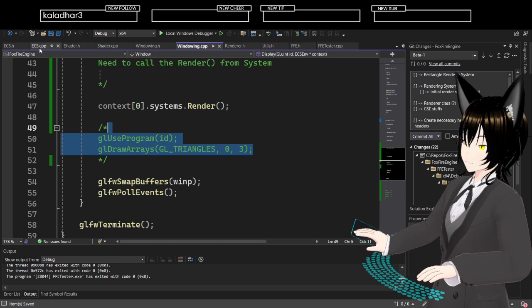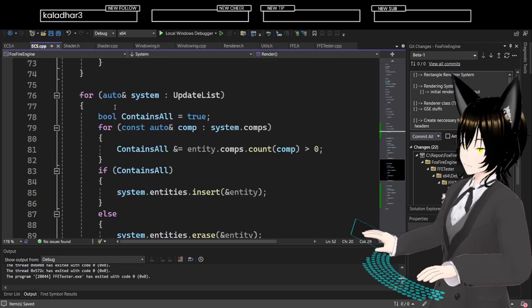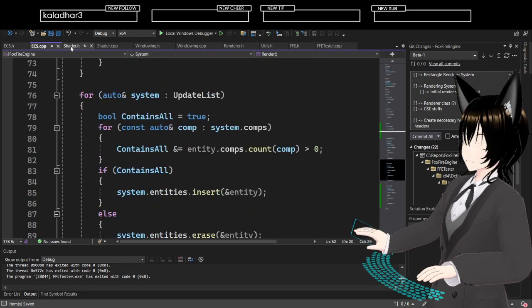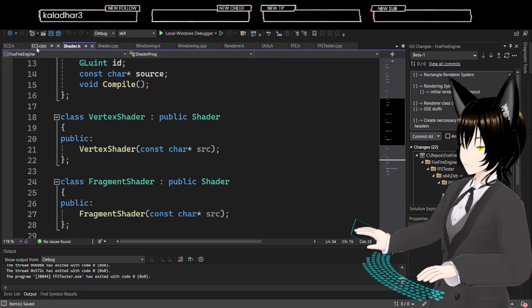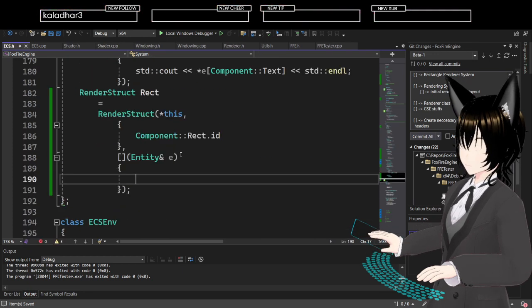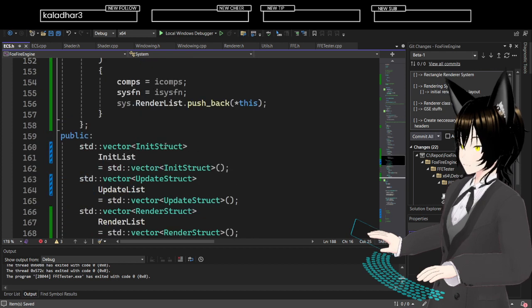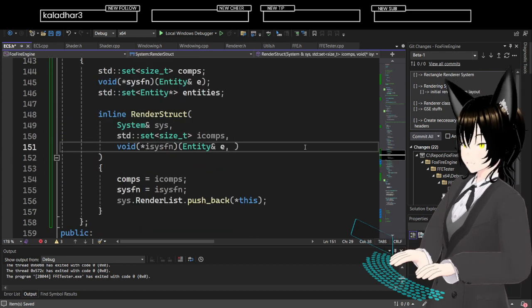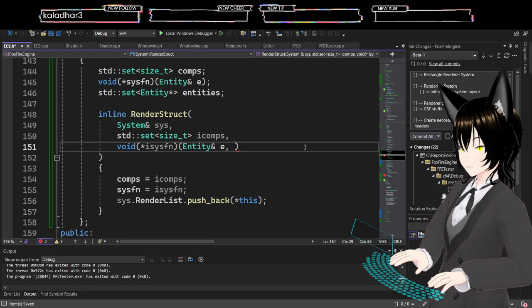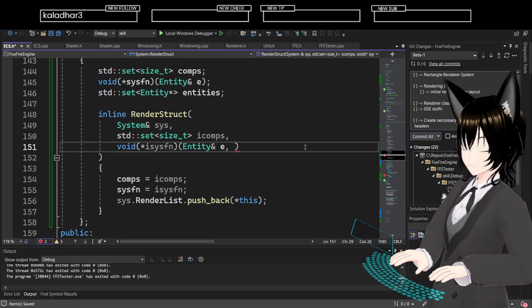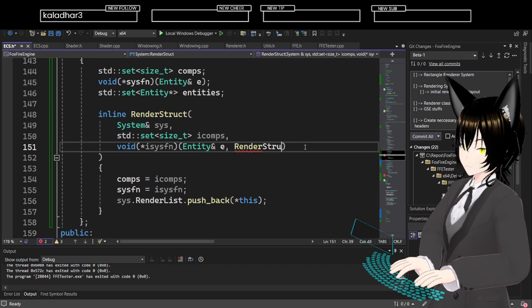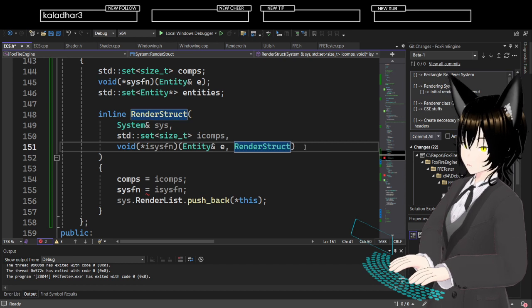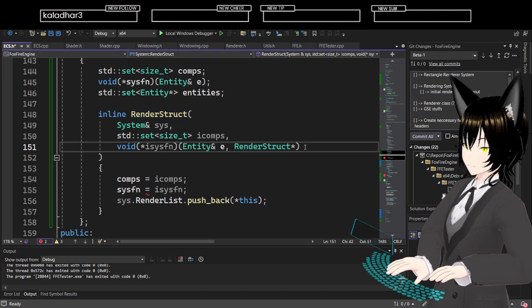Which means that it would be best if I can pass in the, let's see, where is it? It would be best if this is, instead of that, instead of an E, it'd be a render struct, right? Pointer